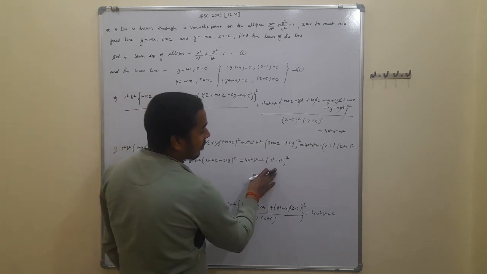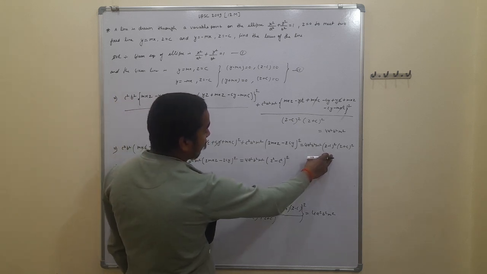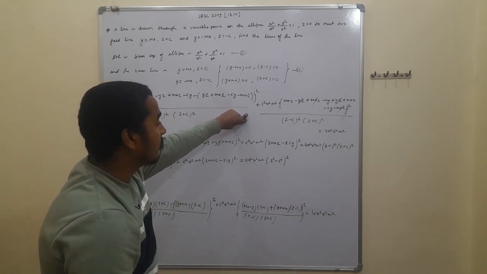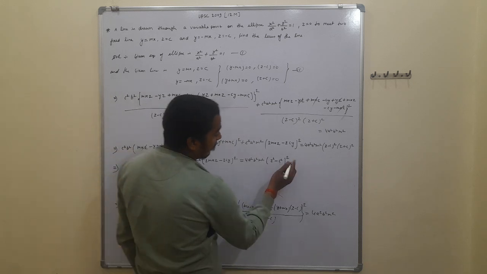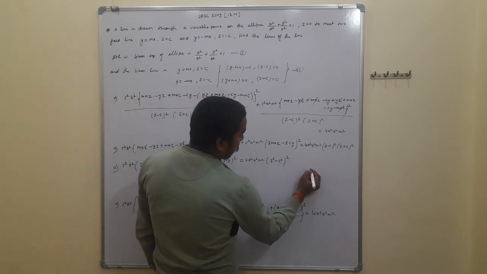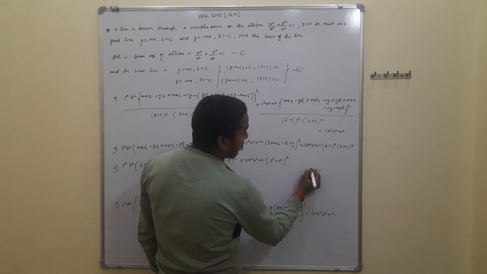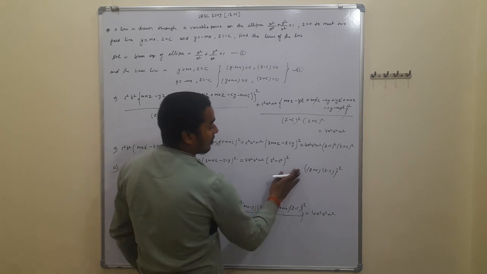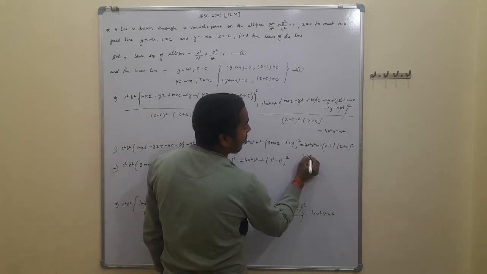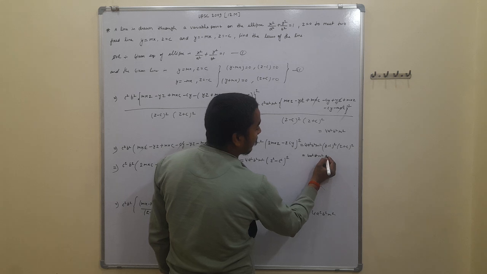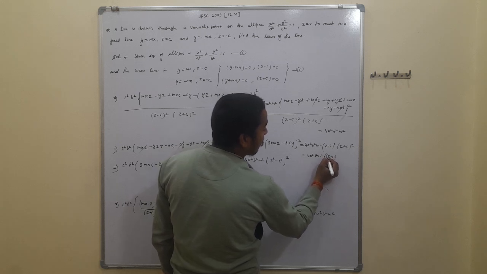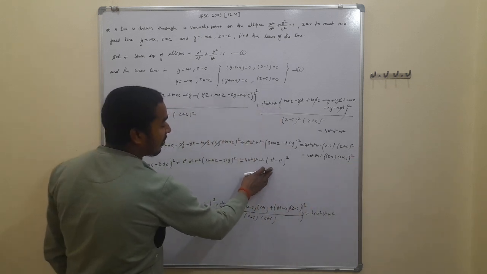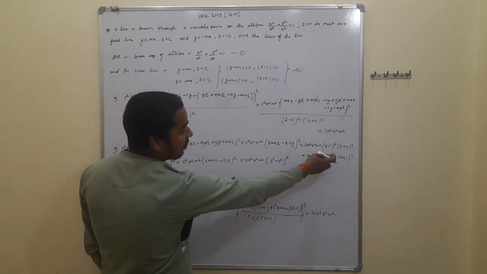z square minus c square whole square. We can write that here, one second, z minus of c whole square z plus of c whole square, on opening, z square minus c square is z plus of c and z minus of c whole square, so we can also write 4a square b square m square into z minus of c and z plus of c whole square. So we have to write here z square minus c square whole square.